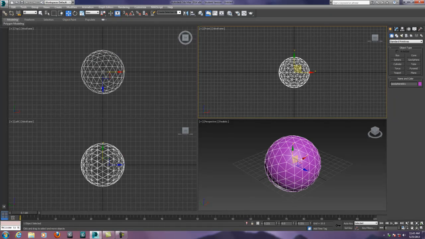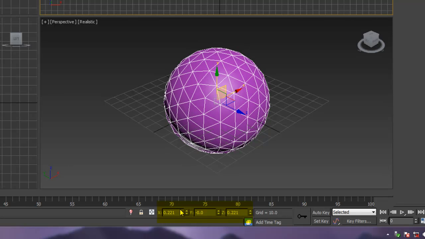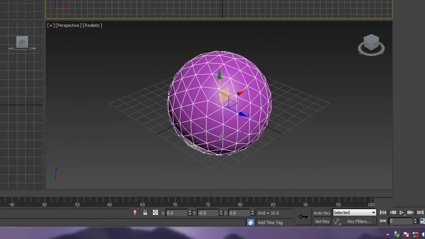And when I select an object, which we'll talk a little bit about selecting tools here in a bit, down in the X, Y, Z, you'll see that I have three sets of numbers here. The X is 0.221. I got a -0, which doesn't make sense, and then a Z, which is 0.221. This object is not perfectly centered on the origin. However, I can go in and type in 0, 0, and 0,